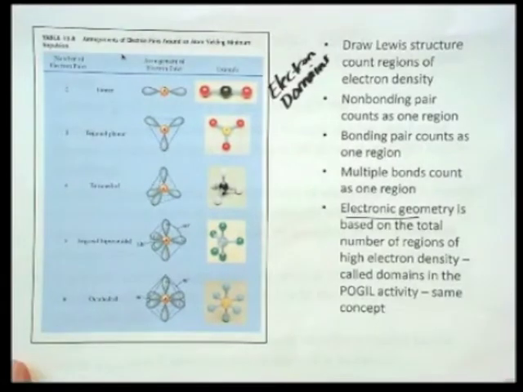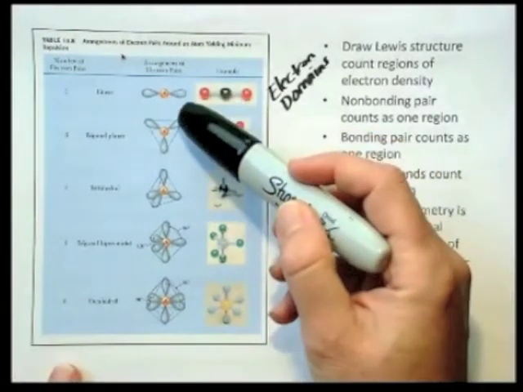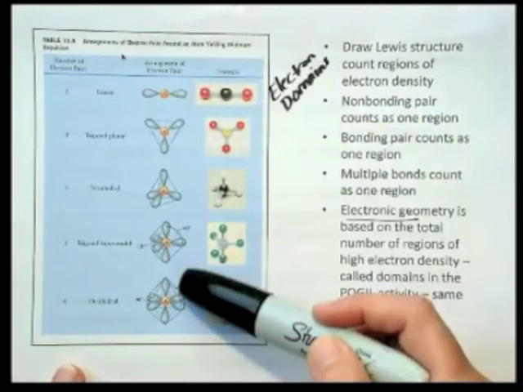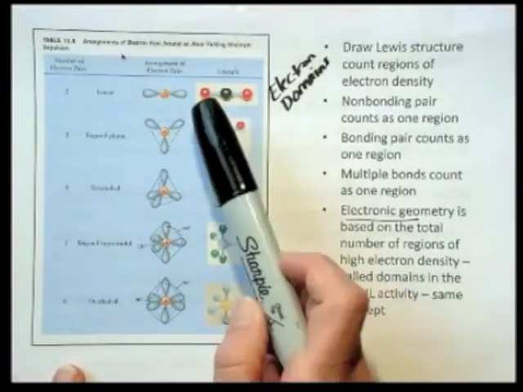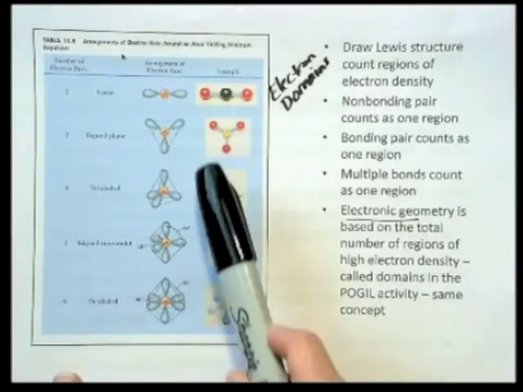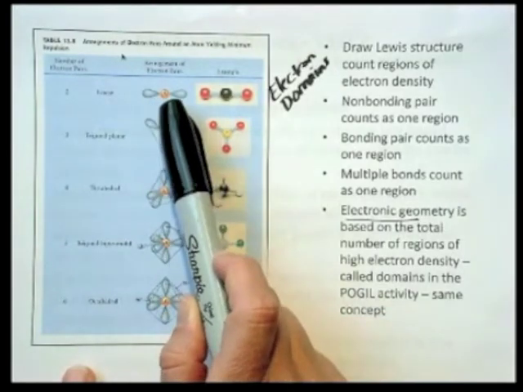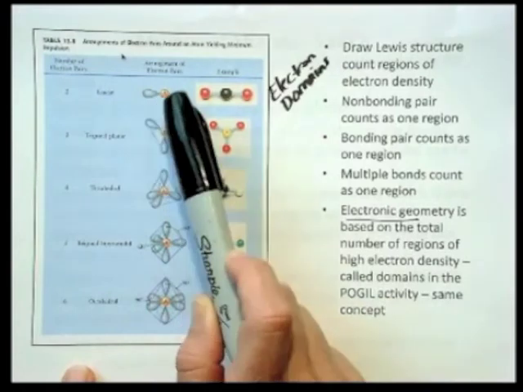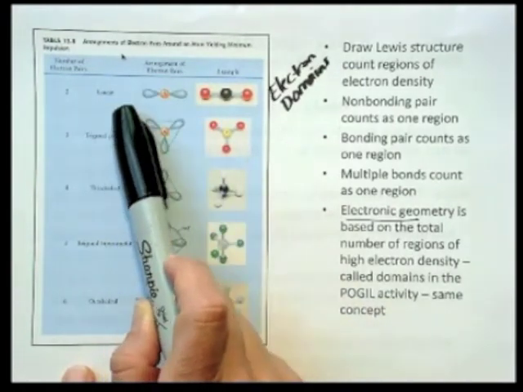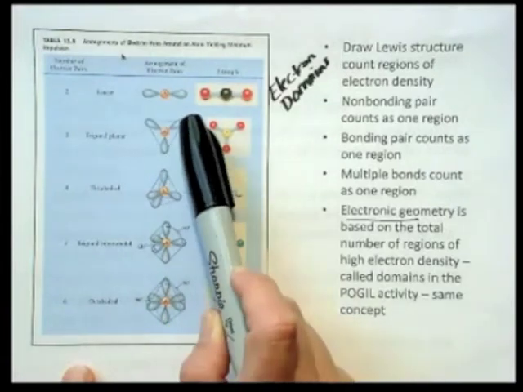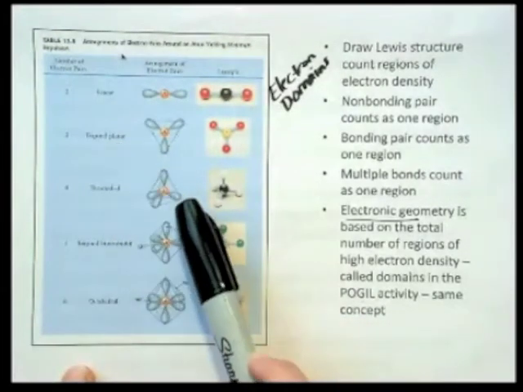called domains in the POGIL activity, called regions of high electron density in most other textbooks. All right, and there's basically five different electronic arrangements, or five different electron domains that are possible. And in your POGIL activity, you should have seen these. In the situation where A is the central atom and you have two regions of electron density, that geometry is going to be linear. They're going to be as far apart in space as possible. If you have three, it's going to be trigonal planar. Four, it's